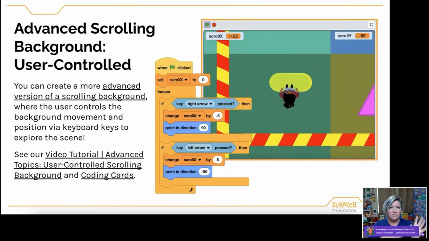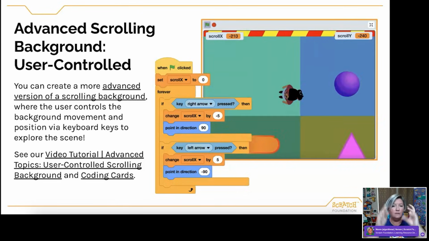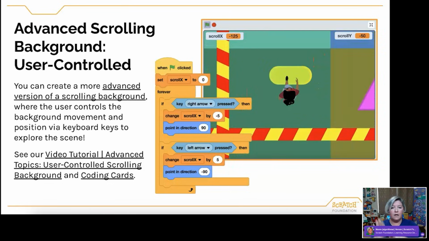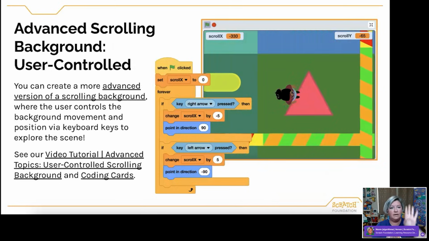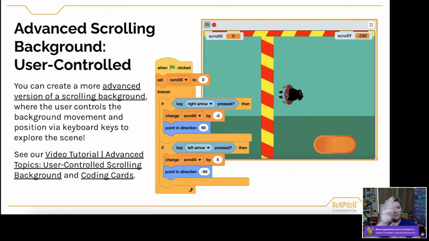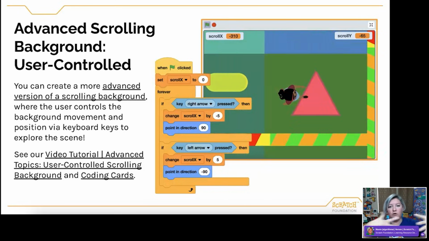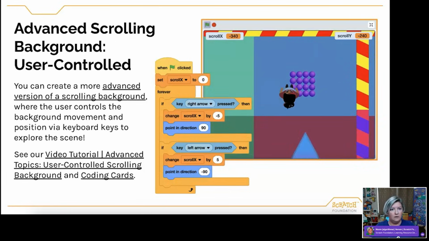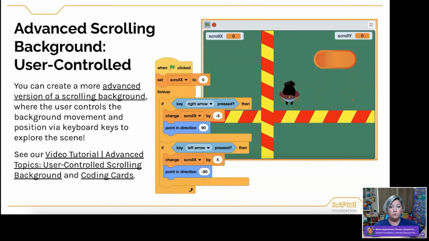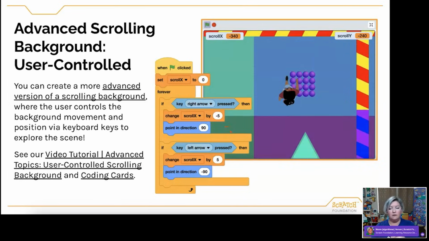When you look closely at these three scrolling methods that I've showed you, the make it fly one with the buildings, this one here with the infinite scroll, and now this one that's controlled by the user, the concepts are somewhat overlapping in that you've got these background sprites that are butted up against each other, and they're following each other in order to create this feeling of motion. In the first two examples, the motion was controlled by the program. The user had no control over it. It was being done for them.